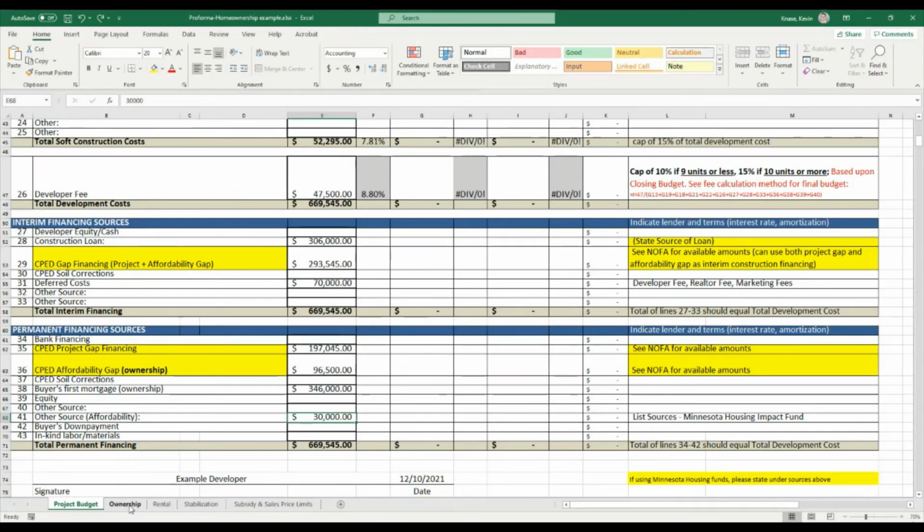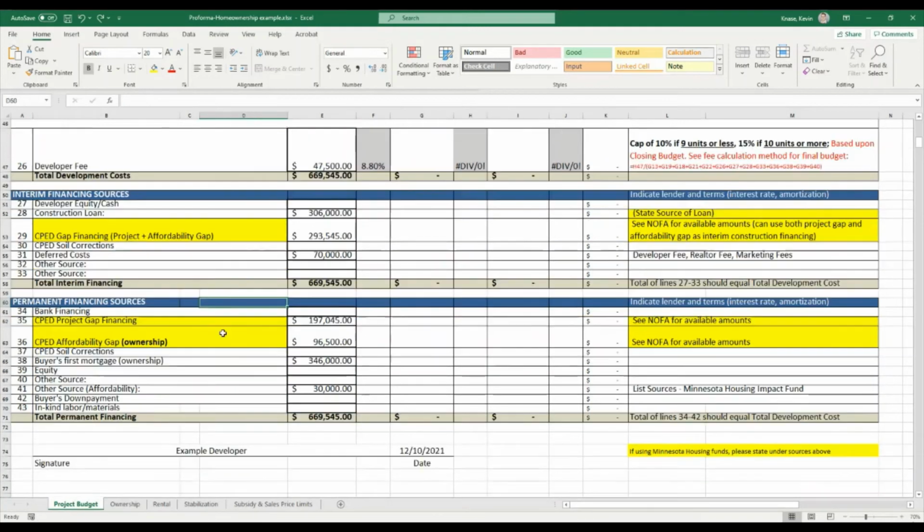Okay, I'm going to take silence as the opportunity to move on, but before I go to that next section,